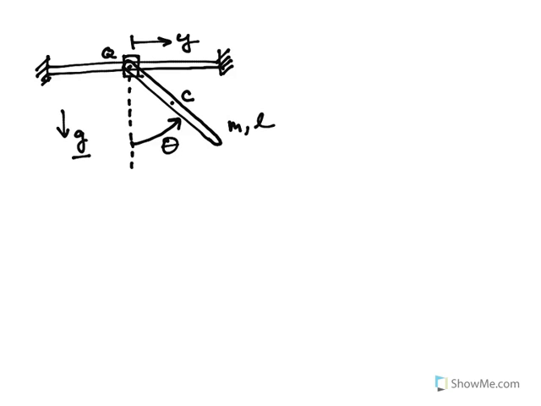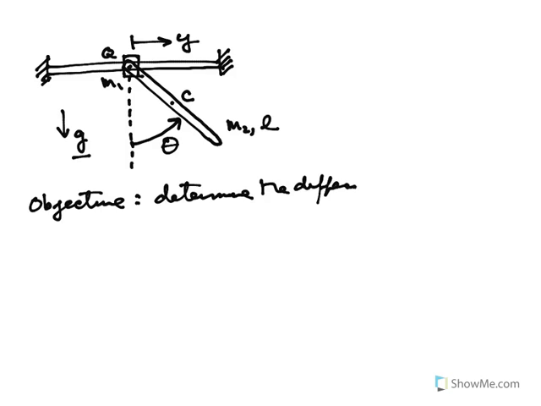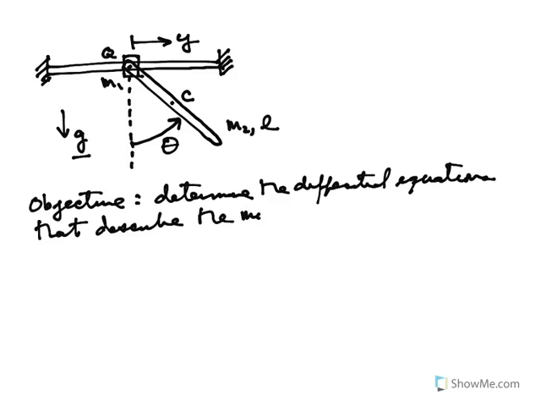Now actually, to be completely precise here, the mass of the collar is going to be denoted m1, the mass of the arm is going to be denoted m2, and its length is going to be L. The goal is to determine the differential equations that describe the motion of the collar